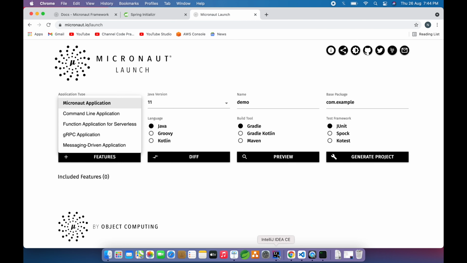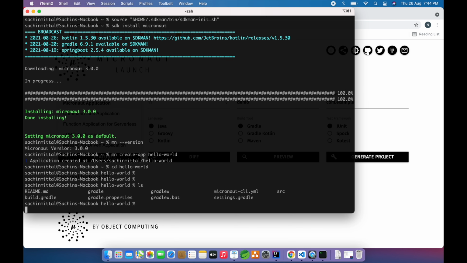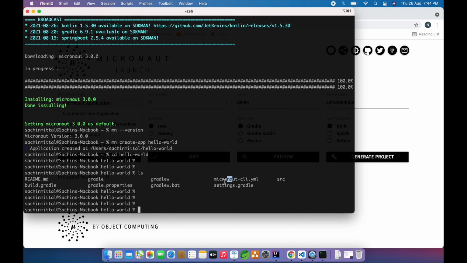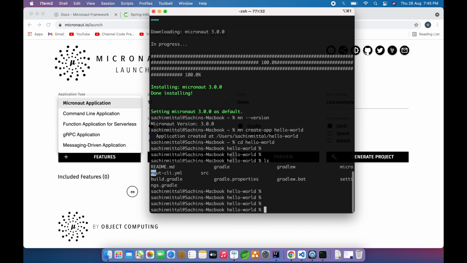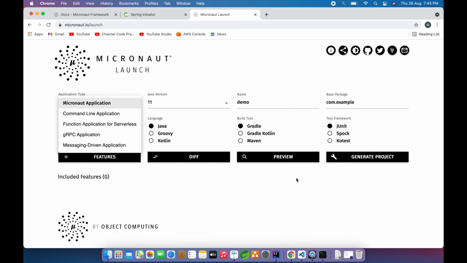And now to run this application, if we go inside helloworld, these are the files available for us. It's a Gradle project by default, right? build.gradle is present here.